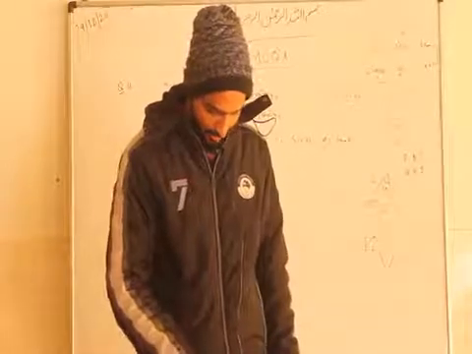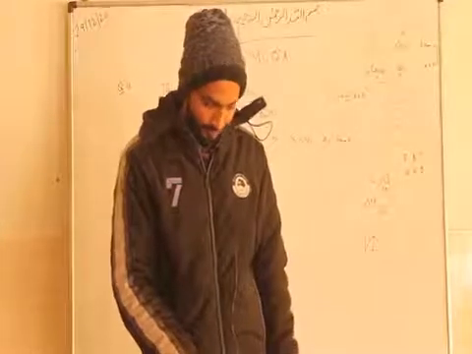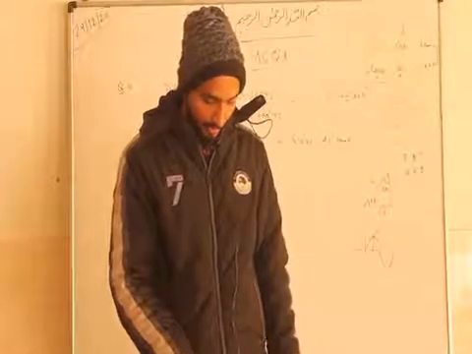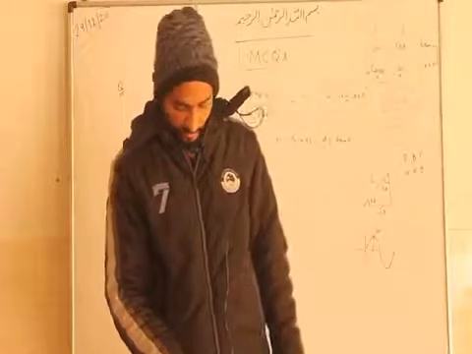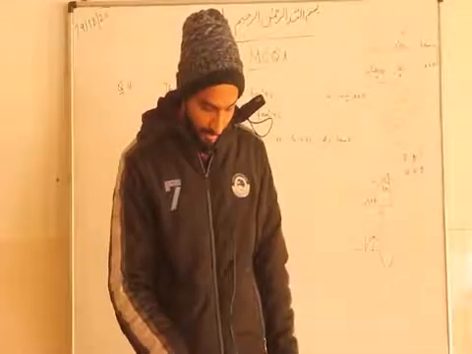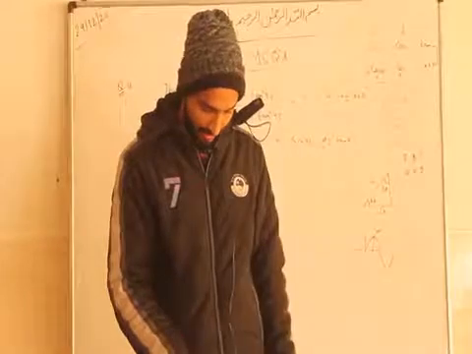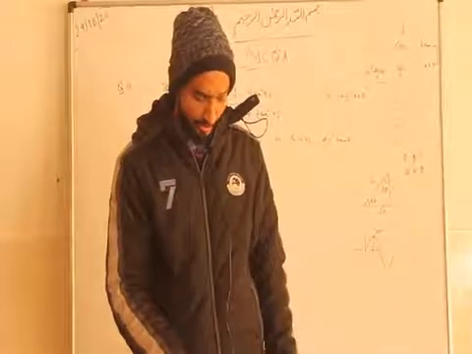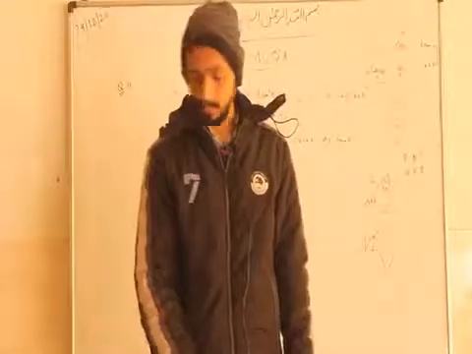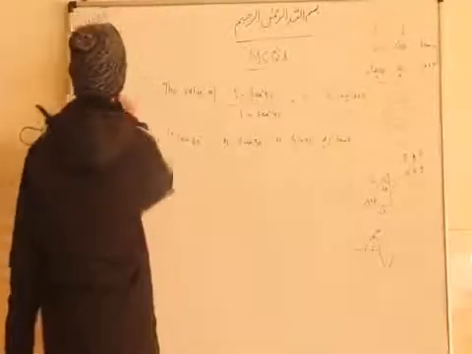Now see question number 14. In the adjoining figure, ABC is right angled at B. AB is 10 centimeter and angle C is 30 degree, then the length of the side BC. So this is also very simple. Okay, let's see, one question I am doing here. Question number 14, the 15 you can do.